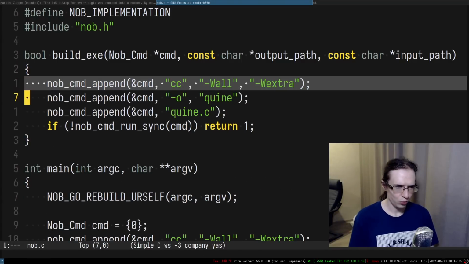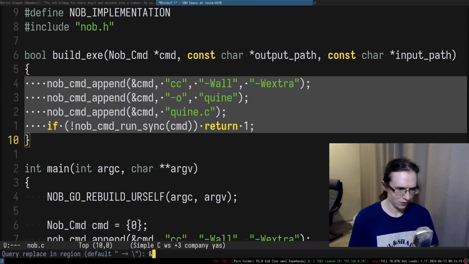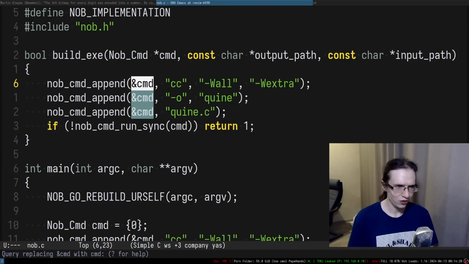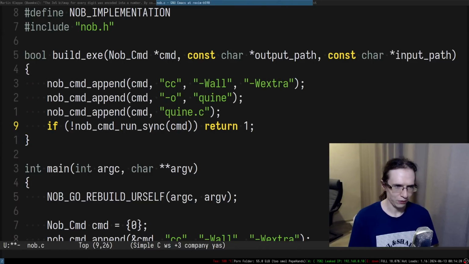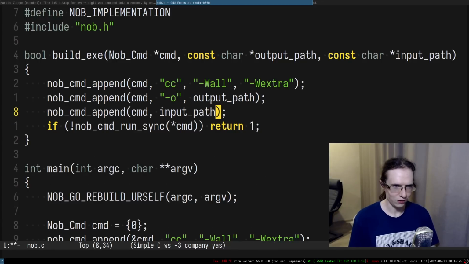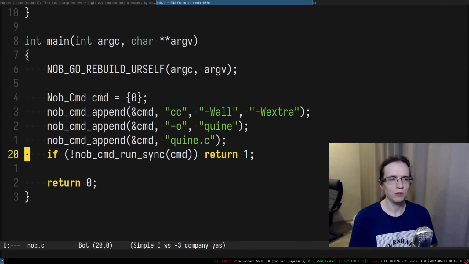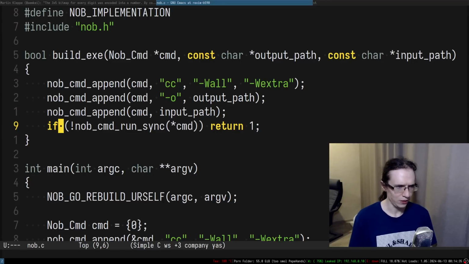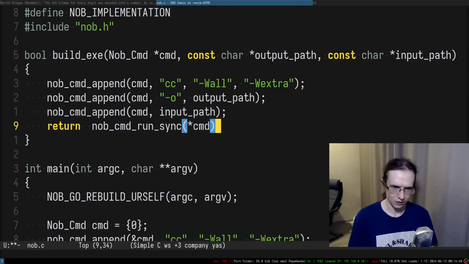So what we have to do in here, we have to replace this stuff with just this stuff, like so, but then we have to put something like this in here. So this is the output path and this is the input path, right? Since I'm using C, I can factor out a little bit of code that is repeating itself. And in here, by the way, we can simply return the result of run sync command,